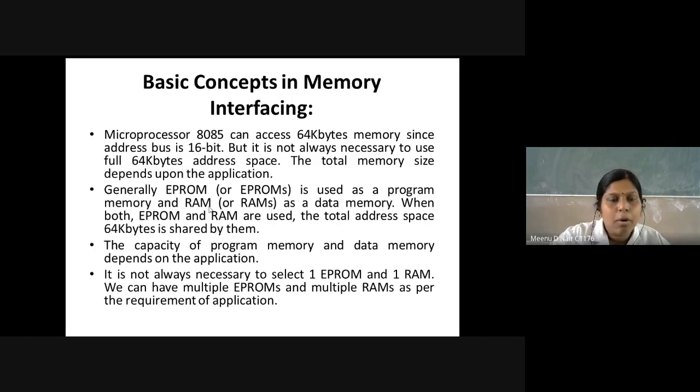So the EEPROM and the RAM share the total address space of 64 kilobytes, and the capacity is based on the application, whether you have to use the full 64 kilobytes or not. Also, one more thing: it is not necessary to have just one EEPROM and one RAM. You can use multiple RAMs as well as EEPROMs based on the requirement. Then another point is